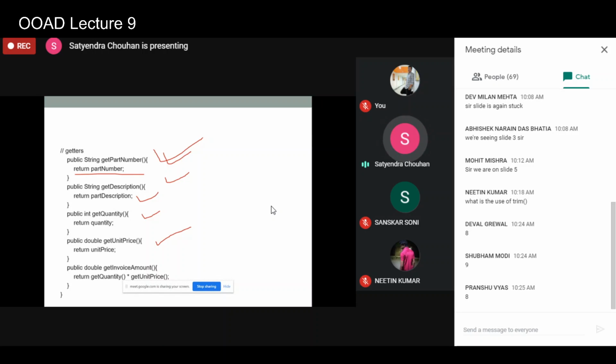Usually you give the get and set methods as public, and data members you define as private. And get invoice amount basically returns the get quantity multiplied by the get unit price, for a particular object, like this dot get quantity multiplied by this dot get unit price.